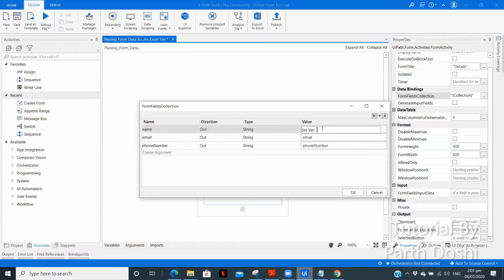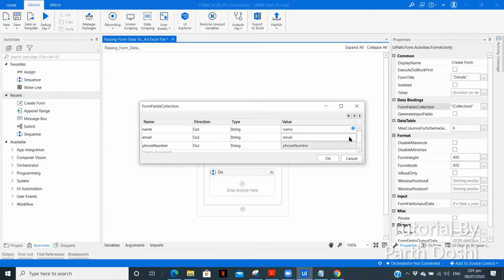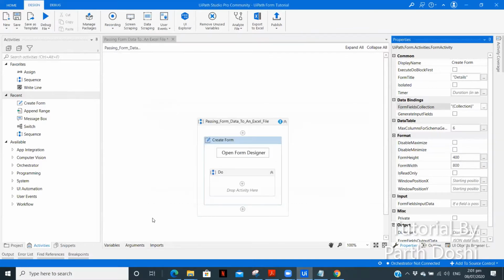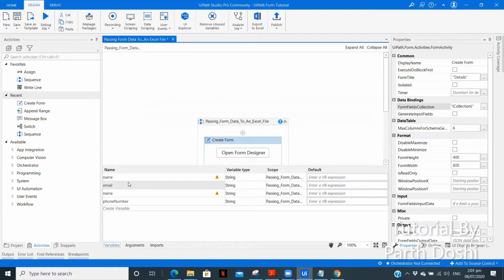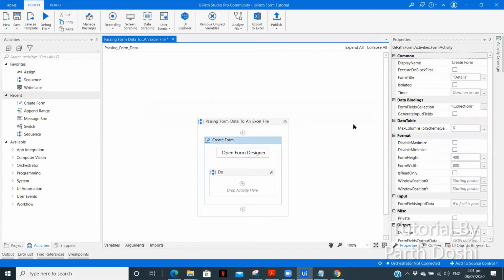So I think this variable is not created properly. Okay, so there is still some error. So there were just duplicate variables created. Now we don't have that.